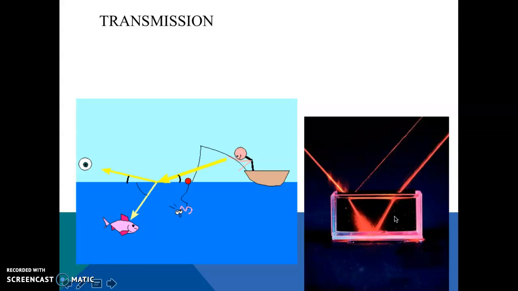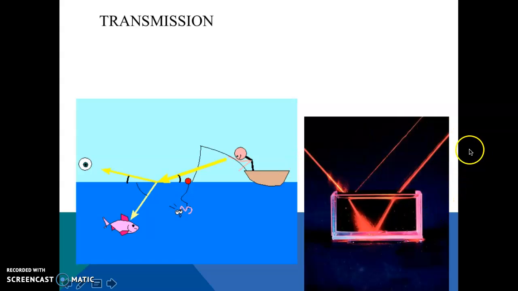Here are other examples of transmission. This is why fishers sometimes have challenges, because when they first look at the water, the fish looks like it's in a different place than it actually is because of the transmission of the light waves changing when the fish is in the water versus the fisherman who's out of the water not seeing it clearly. And then we also see